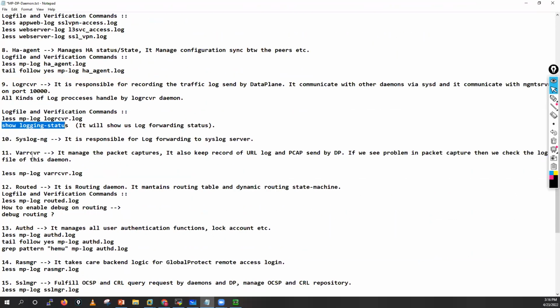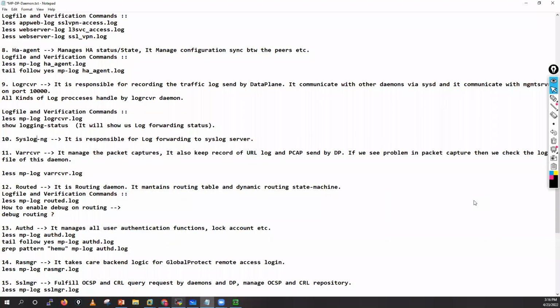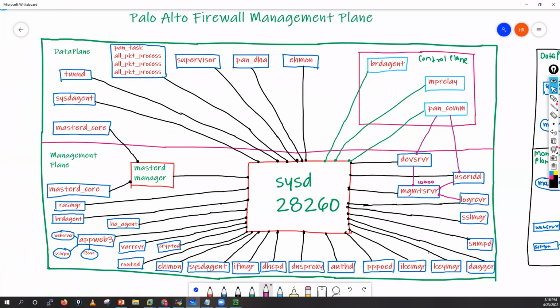Okay, now we have syslog-ng. It is responsible for log forwarding to the syslog server. So this is your syslog-ng. What will this daemon do? It is responsible for your syslog related activities. So you will get this daemon's details somewhere here. I have written it. That daemon is also running in your management plane, guys. Just remember, it's a sysd daemon. So where I have put that daemon detail,